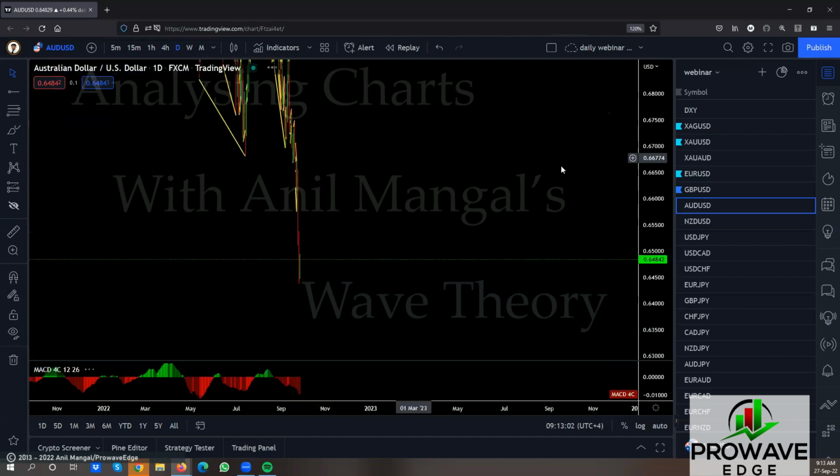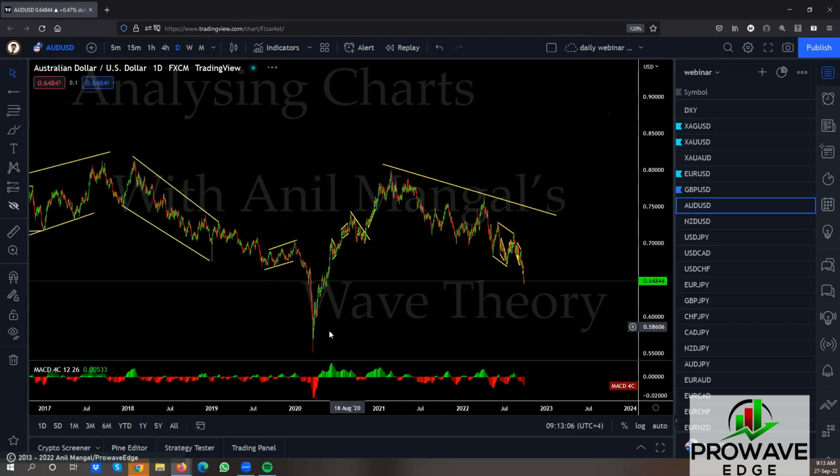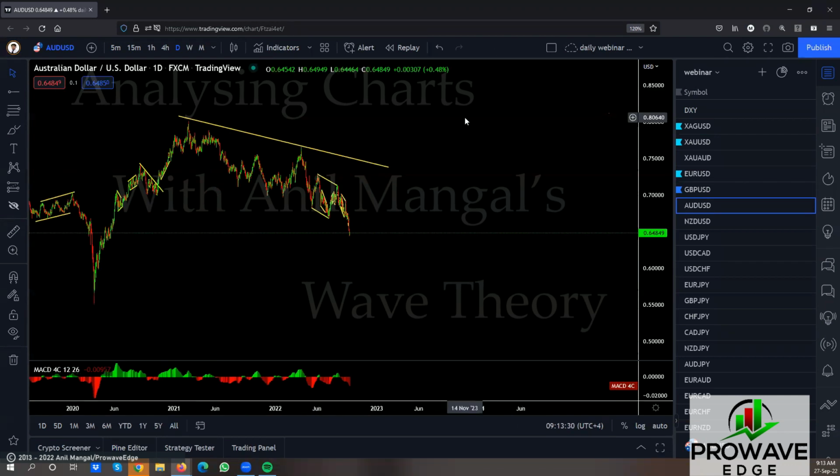Aussie, same structure. This is much simpler than that, because this is just a big impulse and a deep correction. A big impulse and a deep correction. This is crystal clear, right? If the pound is making all-time low, Aussie is actually correcting downwards. So this would definitely be a sharp impulse to the upside. The pound will also be a sharp impulse to the upside, but it's going to be the first impulse, not the second impulse. This one would be the second impulse. This has a higher probability of going than the pound. The pound could go slow. This one would likely go very fast.